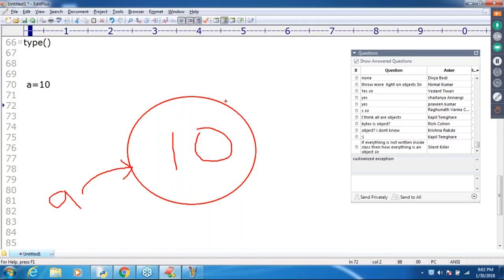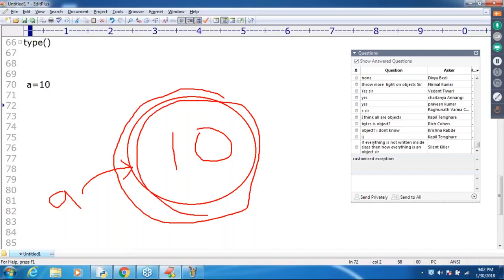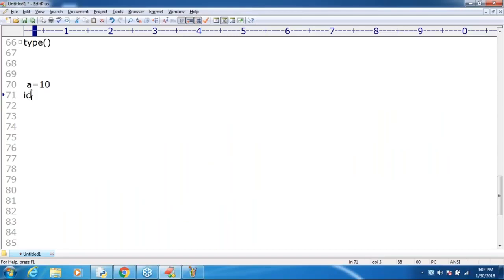Now what is the address of this object? Where in the memory did this object get saved? If you want to know, we need to use id of a.